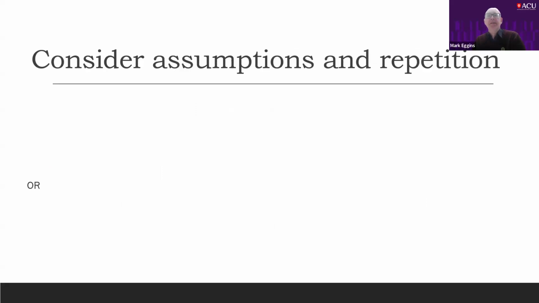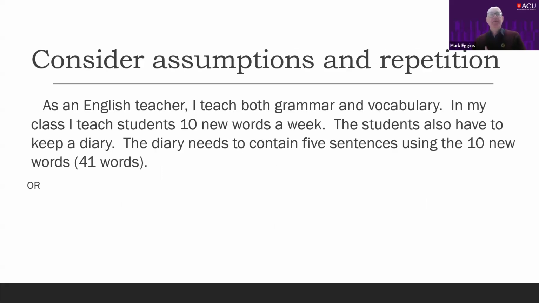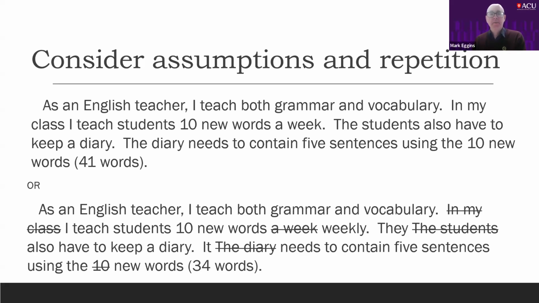All right. Another thing is to consider the assumptions your readers can make, and repetition. Maybe there's too much repetition in your writing. So here, you see, we've got 41 words. Someone talking about being an English teacher, teaching grammar and vocabulary and things like that. Now, here you can cut quite a lot and still keep the meaning. So let's have a look here at some specific examples. So we're saying,